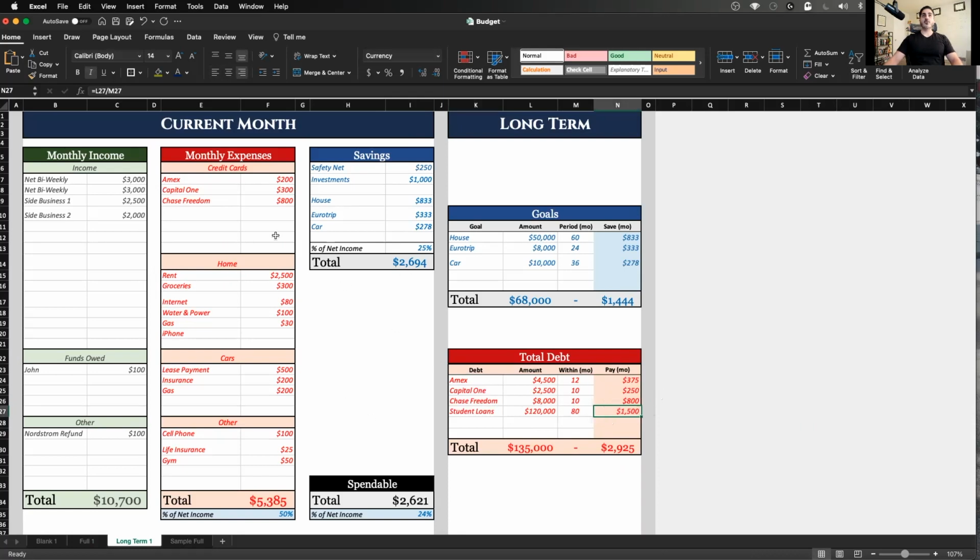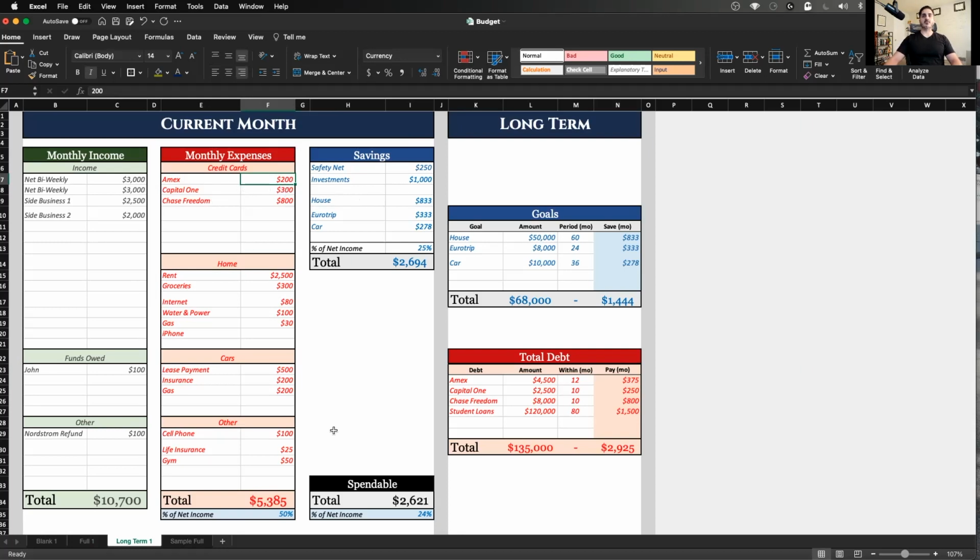Now, we already filled in the debts. So let's go back to our monthly expenses. We had decided we want to pay American Express $200, right? Let's just say that's the minimum payment that we had to pay. Okay, well, I can afford to spend some more and pay some more towards that American Express.